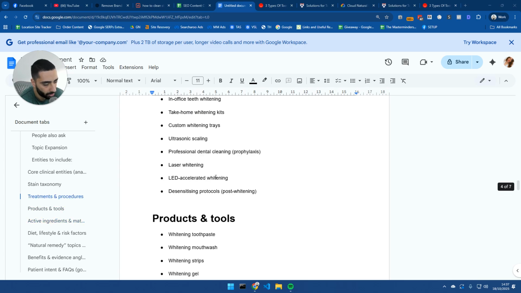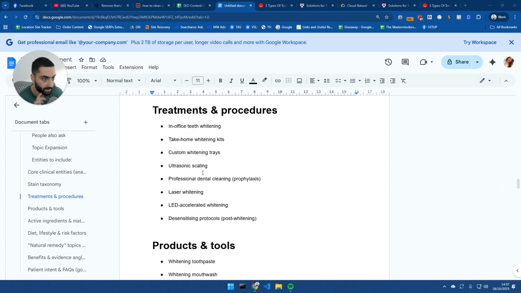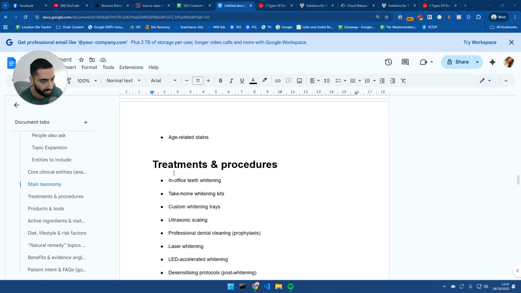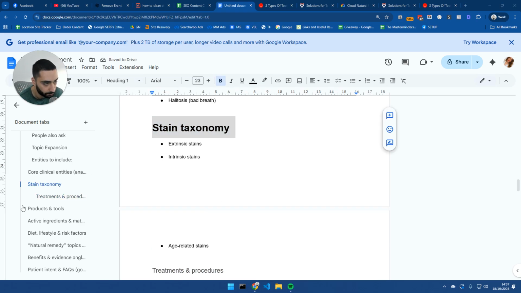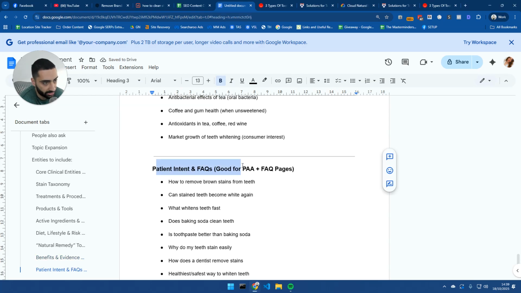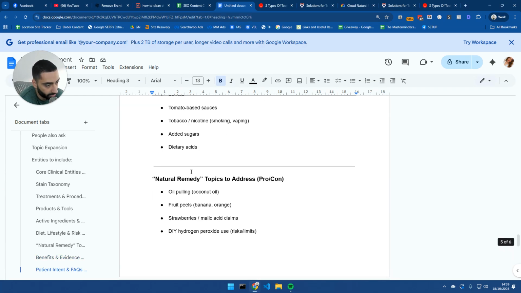Now, obviously, this is getting a little bit messy. I'm going to spend maybe 2-3 minutes just cleaning this up, changing these from H1s to proper subheadings. I'm just going to change them to H3, so it's a little easier on the eye to follow along with. So I've cleaned it up just so it's easier for you guys watching this. As you can see, we've grouped together the entities according to where they should be on the page,